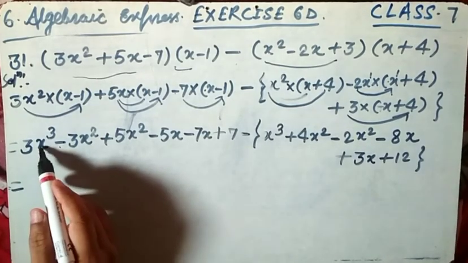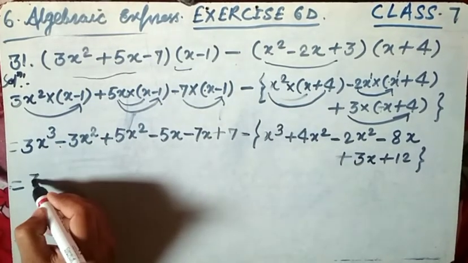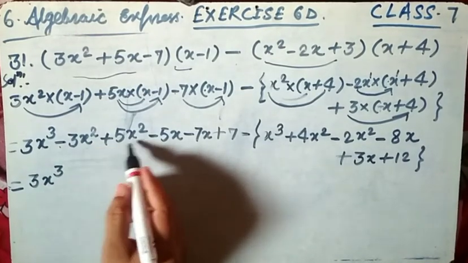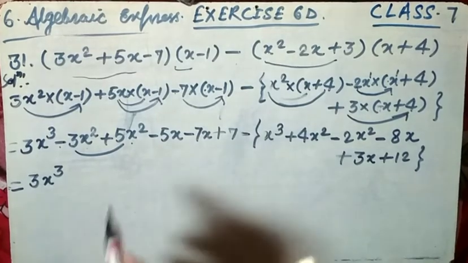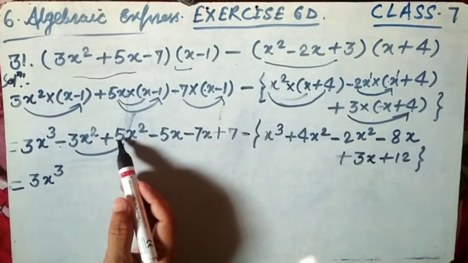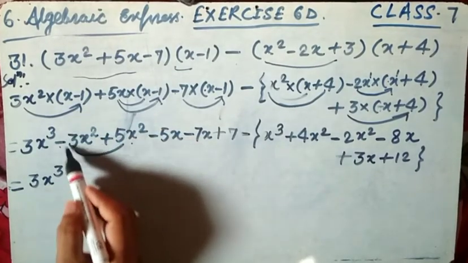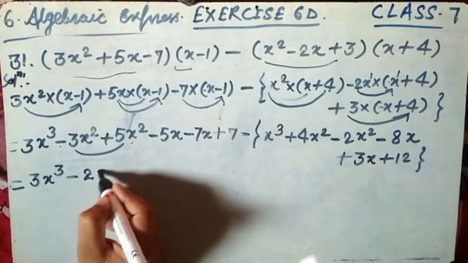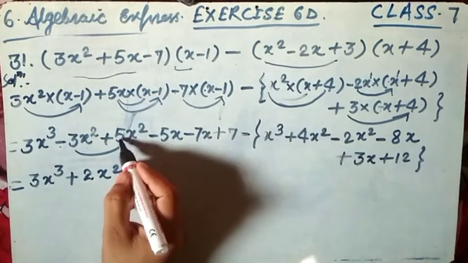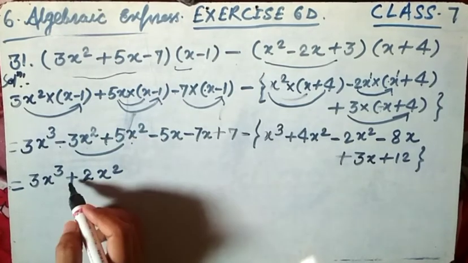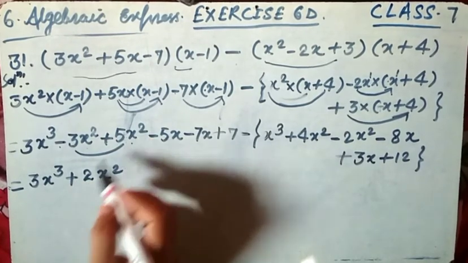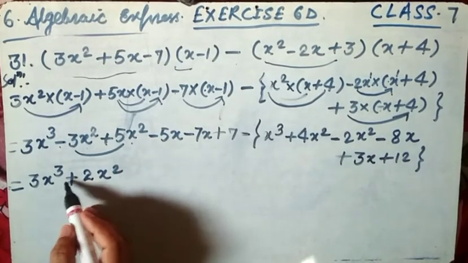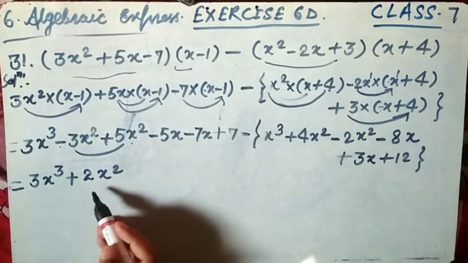Here have a look, 3x cube, write the 3x cube as it is. Okay, this is minus x square term, x square. Have a look, friends, this is 5, this is greater than the 3, here is the 5x square, 3x square. If you subtract, this is 2x square. Why? Because 5 is greater, and we have to place the sign of the greater value. So 5x square is the greater value, and the sign of this greater value is positive. So this is why here is the positive sign, means 2x square.